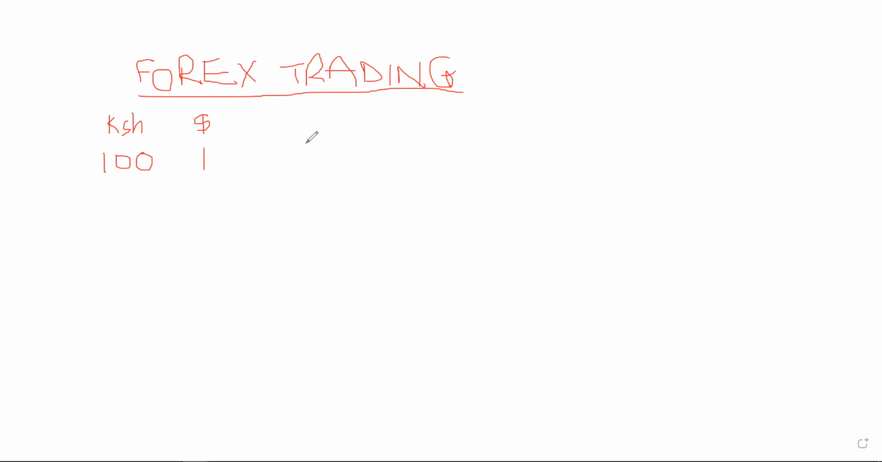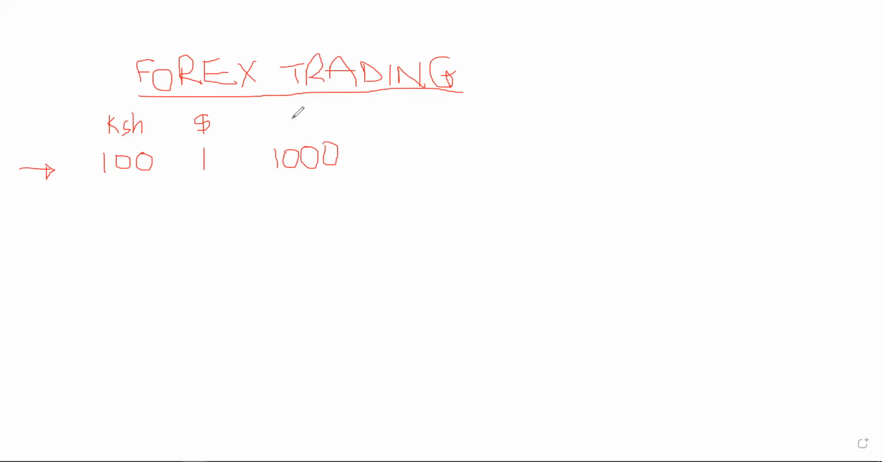Okay. So anyway, enough of the introduction. Back to what Forex is. And this was just a little simple example. So as of today, if you want to go to the States, $1 is equal to 100 Kenya shillings. And I decided that I want to give you $1,000, okay? Let's say $1,000. So if you're given $1,000,